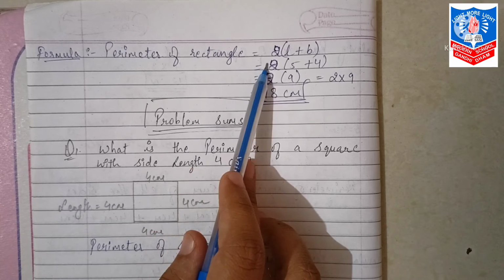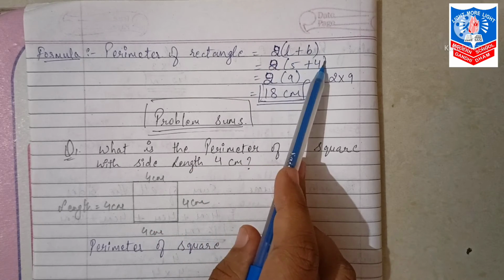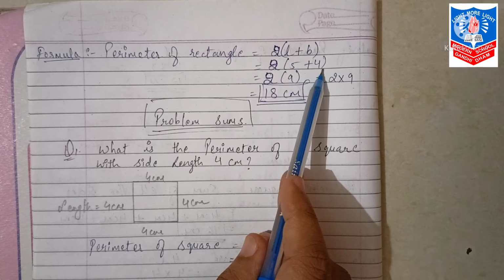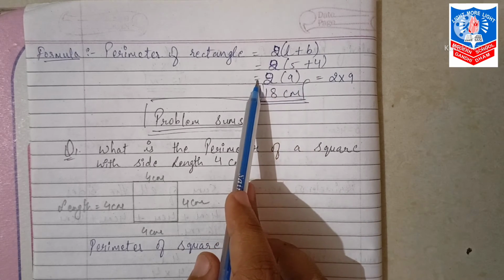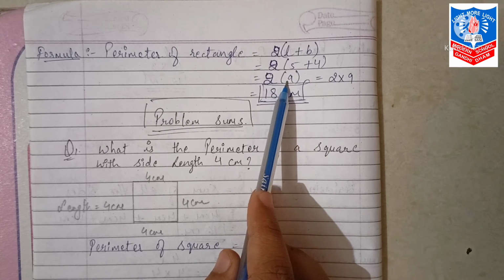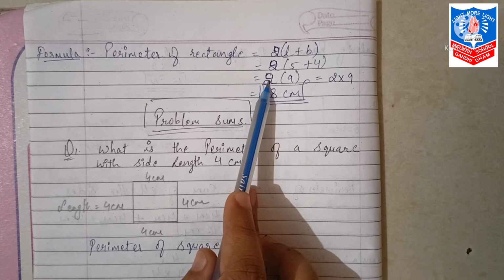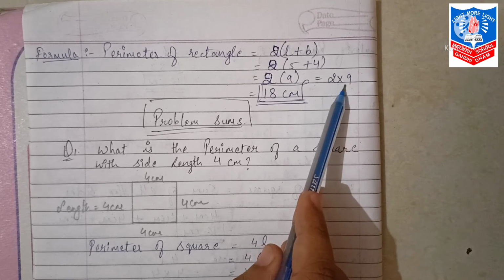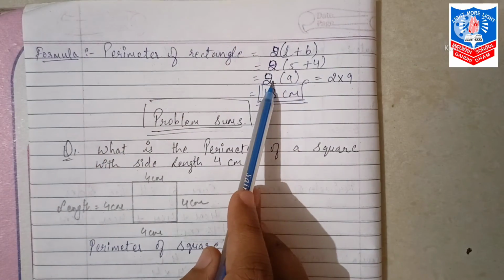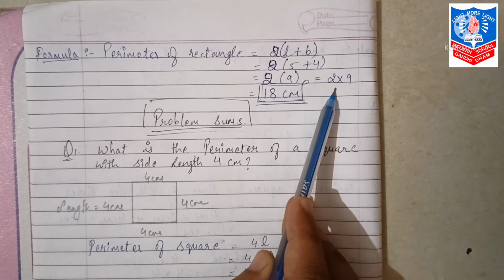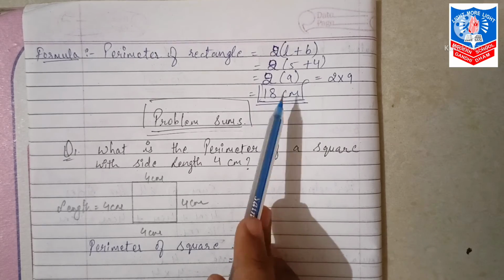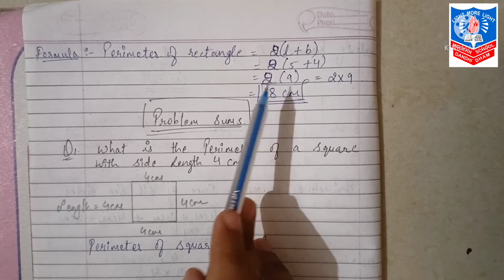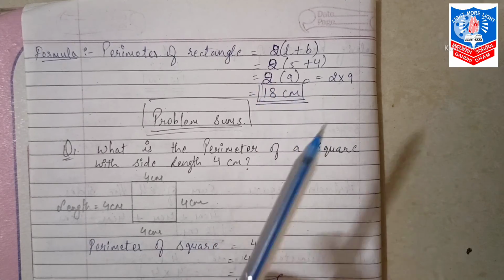Perimeter of rectangle is equal to 2 bracket में length plus breadth. Then next step, length is 5 centimeter plus breadth is 4 centimeter. So next step, 5 plus 4, 9, and with this we are going to multiply 2 with 9. Okay, अगर कोई भी साइन नहीं है तो मैंने आपको बताया है, आप उसको मल्टीप्लाई की साइन देंगे. So 2 9s are 18. Again you can check कि आपके दोनों आंसर्स 18 है. That means your sum is correct.